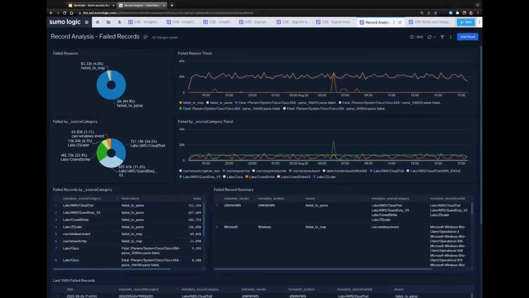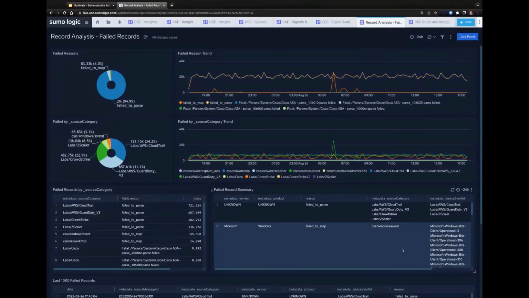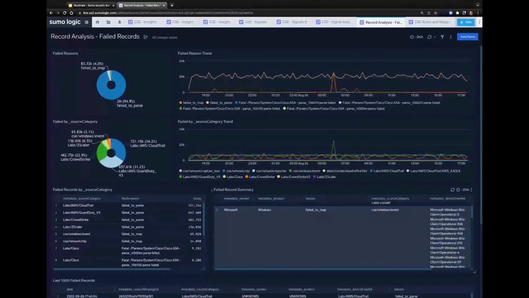And then the next part that we've got is the bedrock, the records underlying the system, which are those normalized messages that have come into Cloud SIEM Enterprise. This dashboard specifically I wanted to show as part of the demo because it helps you understand not all messages are going to be parsed or mapped by the system. This helps you drill in to figure out which of those messages failed to parse and which failed to map. So in some of these cases, like you can see down here with this particular one,